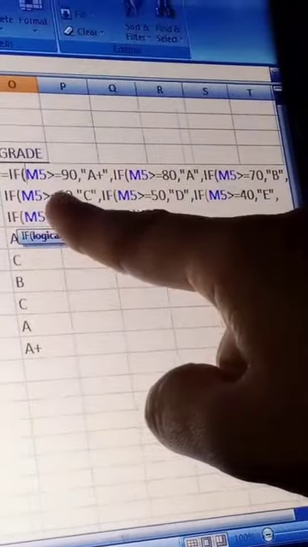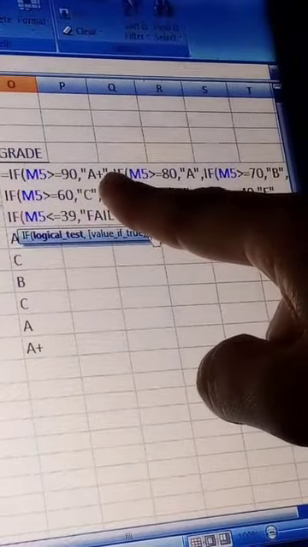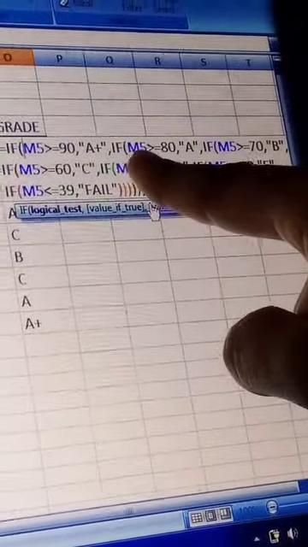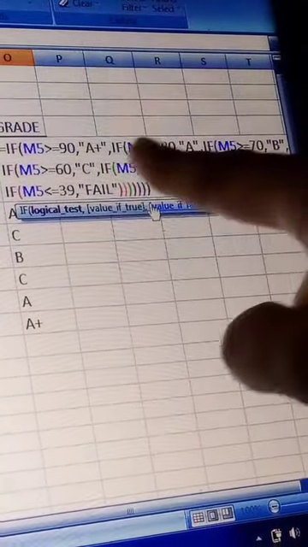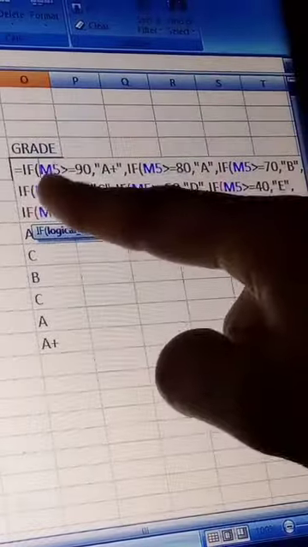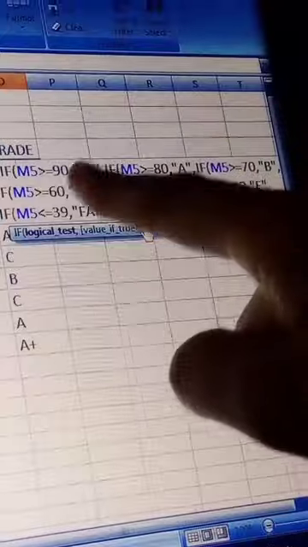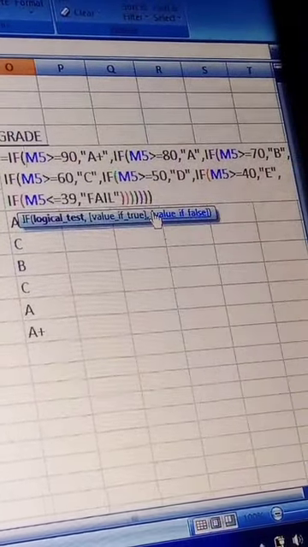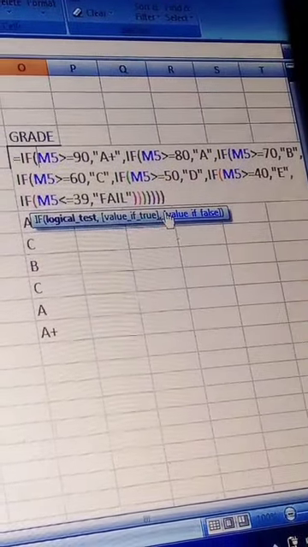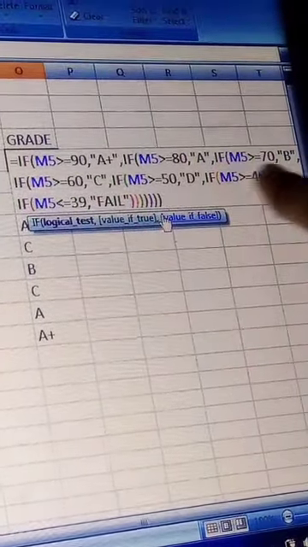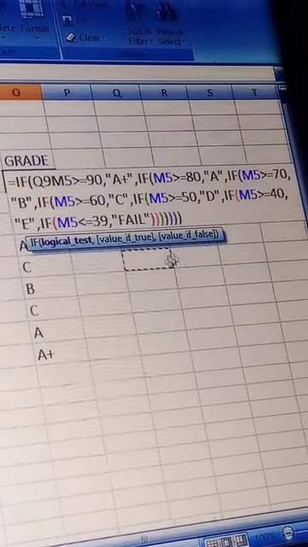We are using IF, then bracket, then cell number, then greater than condition, then what will be the answer of this condition, then again IF, then again greater than or equal to, then it will answer like this. We are using IF within IF. At last we will close all the brackets, because brackets are started here but not closed. At last we will close here. Here we have started 7 brackets, and at last I have closed all these brackets. After that, when you press enter,